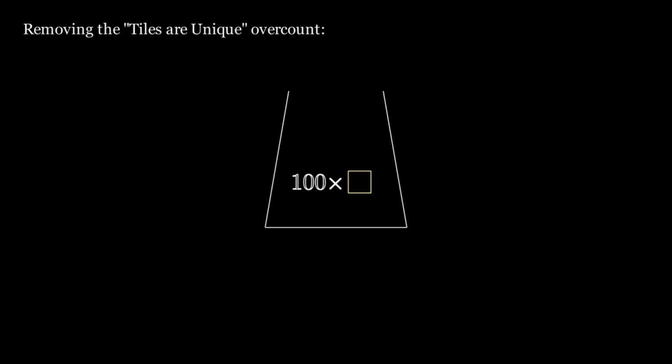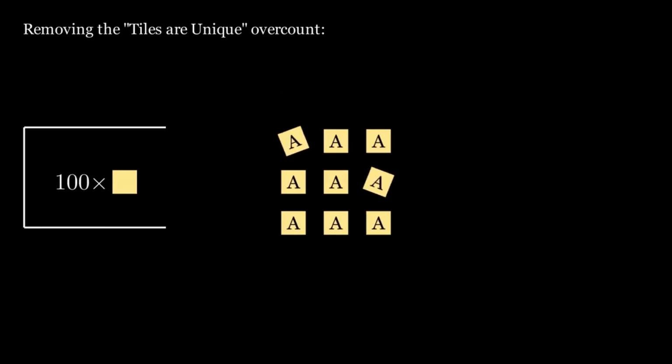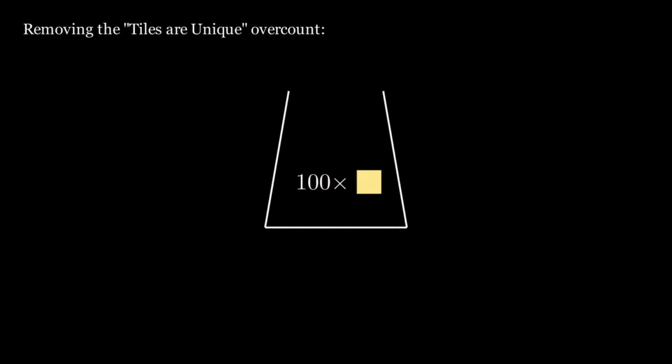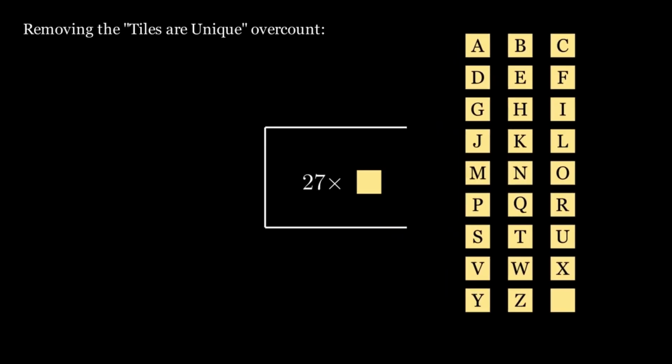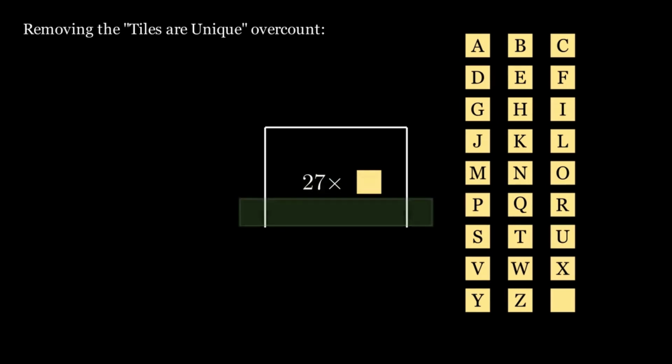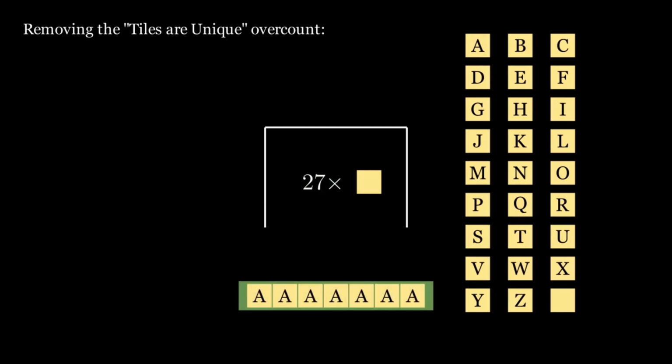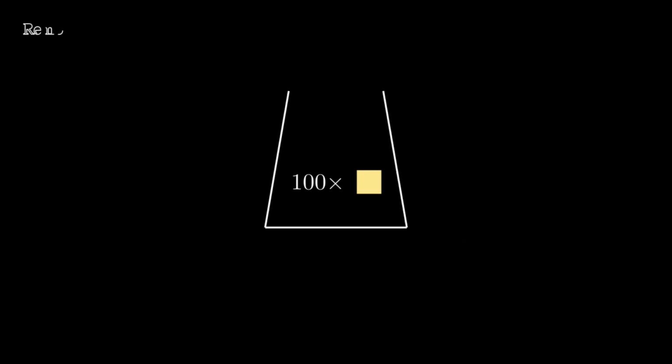The second assumption, however, looks a lot less tractable. Clearly we aren't able to distinguish tiles of the same letter. The first or the sixth of the 9 A's will all look identical, so we know that we've overcounted for each letter that appears more than once. But it's not like we can just reduce the tile bag from 100 to the 27 unique letter tiles, the alphabet plus the blank tile, because we can have multiple of the same letter on a rack. It seems like balancing everything with this top-down approach is hopeless.